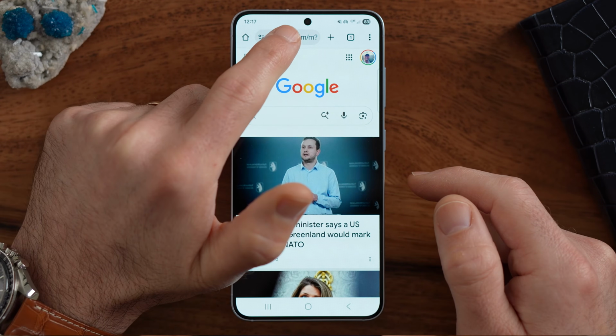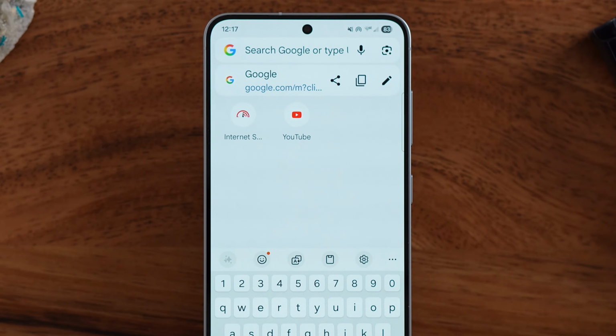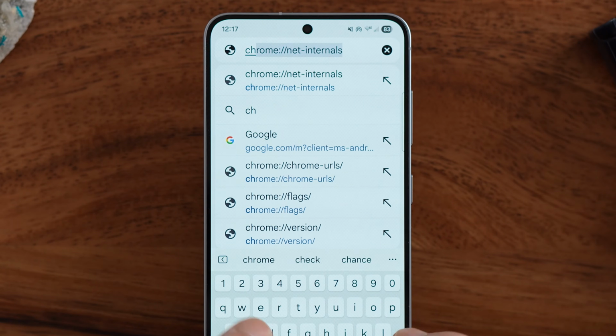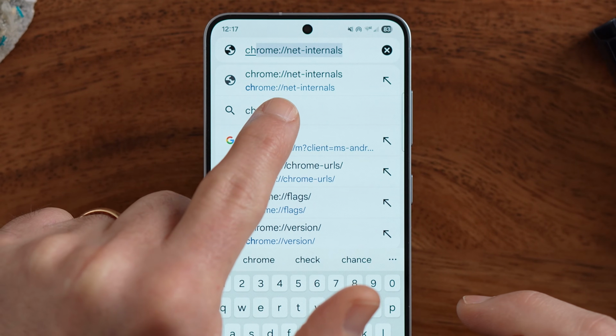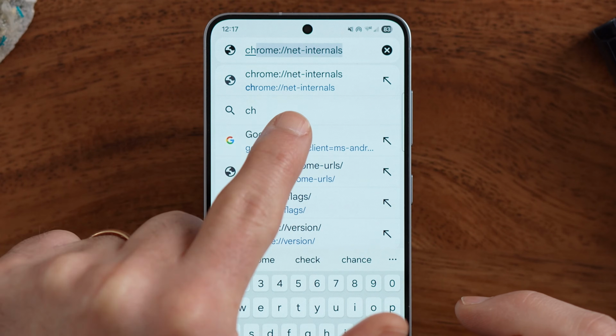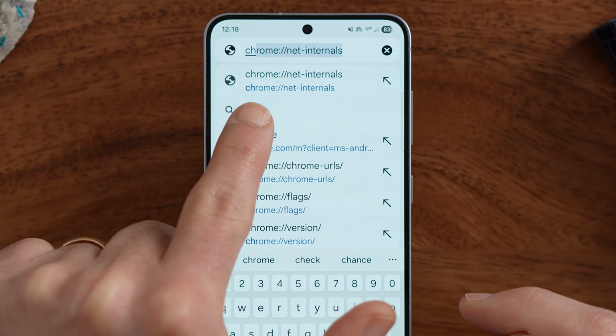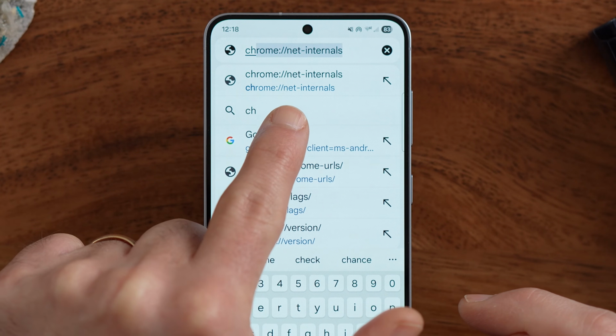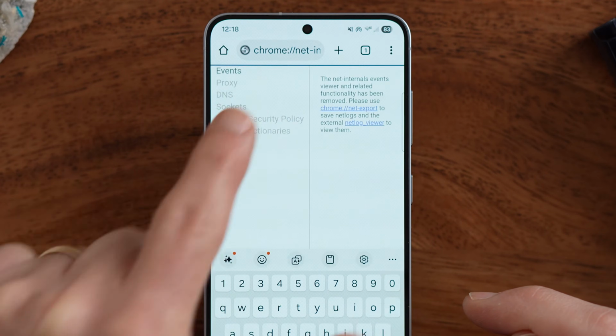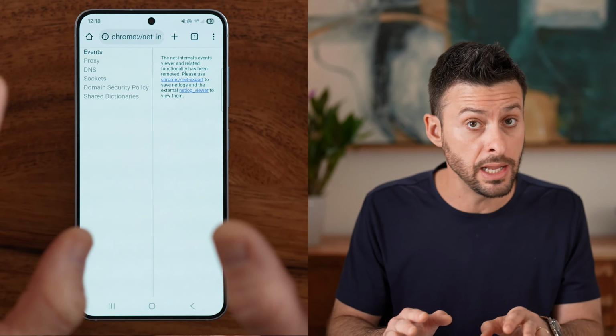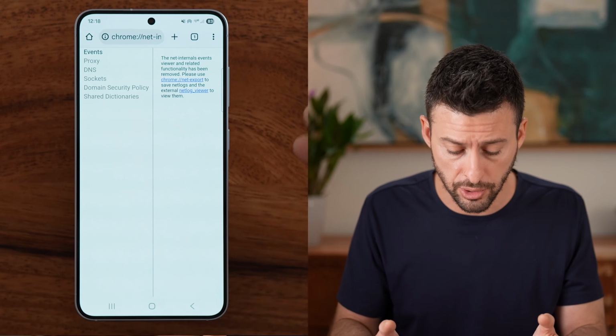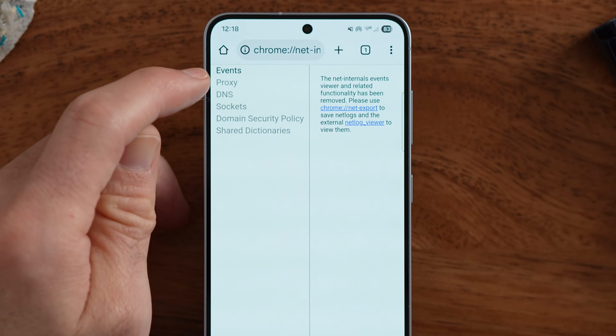From here, we need to go to a specific website, and it is Chrome://net-internals. So you can see it here, Chrome://net-internals. After you've gone here, again, on any device, on Android or computer, you can see midway down is